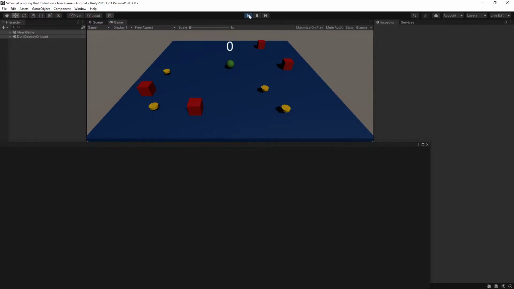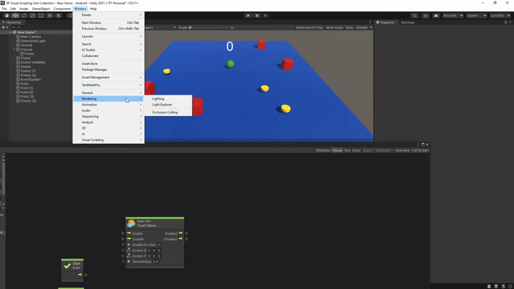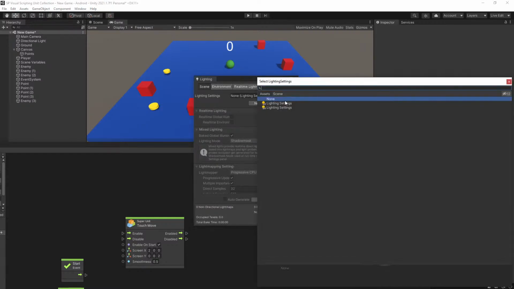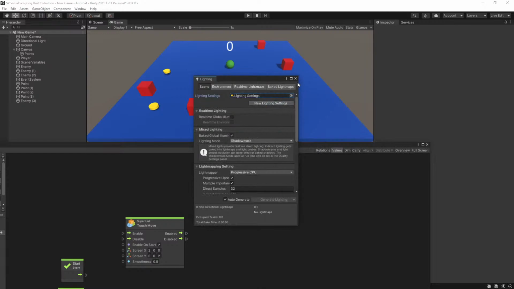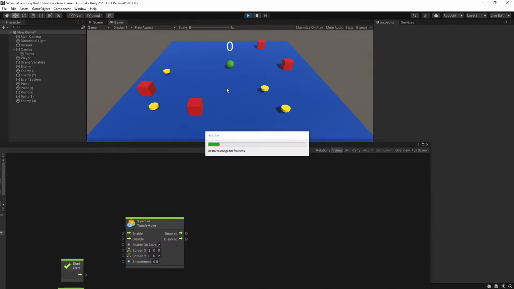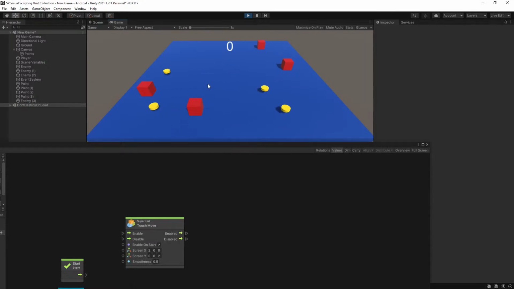Okay, so there we have a restart. Whenever it restarts in the editor, it's actually not calculating the correct lighting. So if you export it, it does fix it. But if you want to see it pretty in the editor as well, you have to go to the lighting settings and actually use one of the lighting settings, or create a new one if you don't have it. And after that, I think you don't have to actually run it, but after that the light should be baked, and whenever you restart it should use the